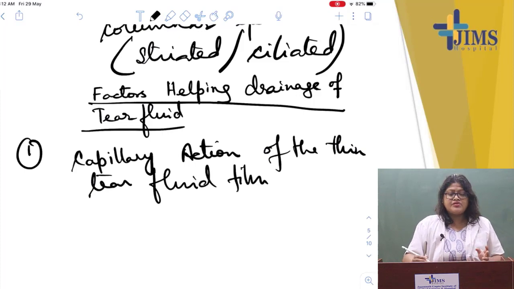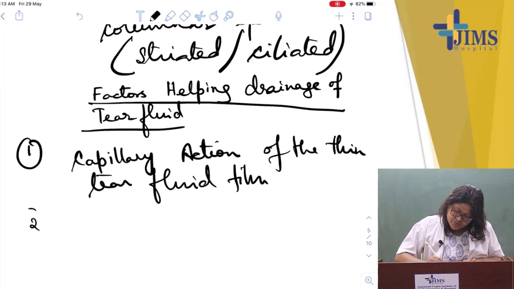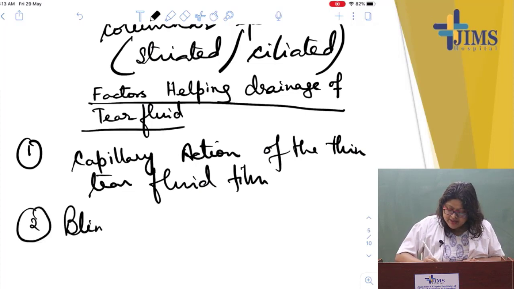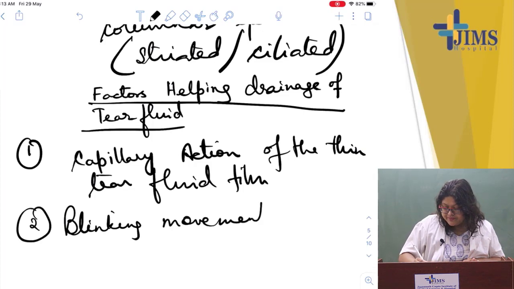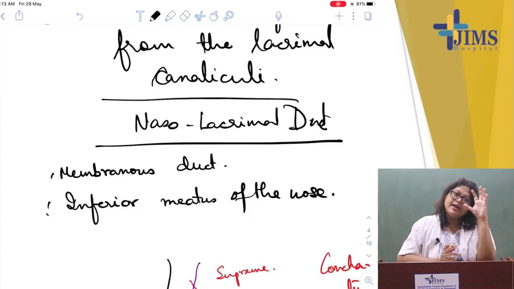It's very thin, so it has a capillary action. Number 2, the blinking movements of the eye. The blinking movement is done by the palpebral part of the levator palpebrae superioris, and what